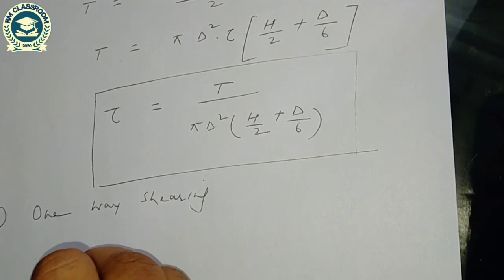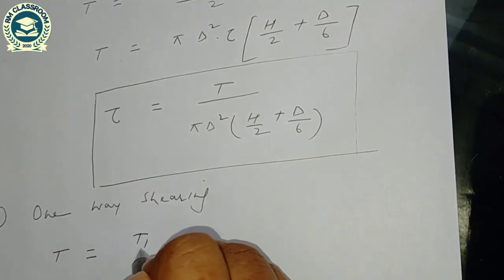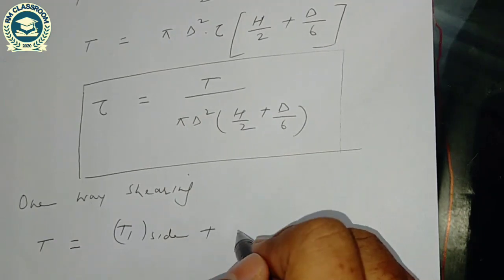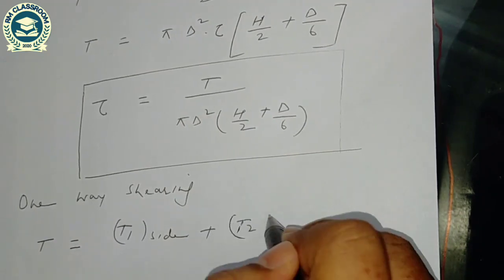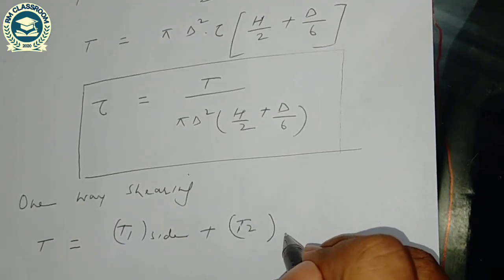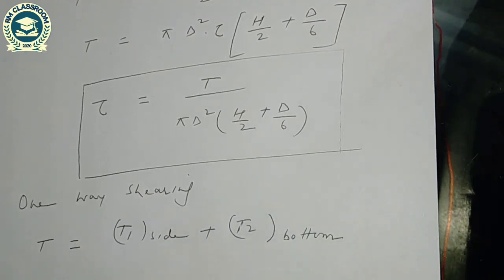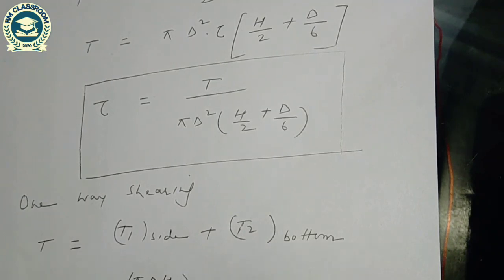So total torque is equal to T1 side plus bottom part T2. The top part will not partake in shear. So total torque is equal to pi d h1, because the entire height will not partake in shear,